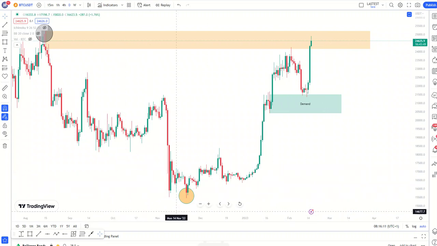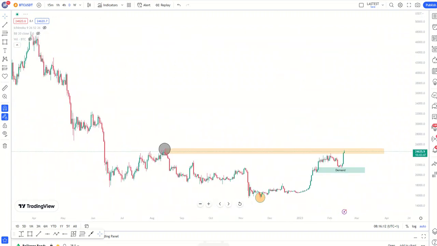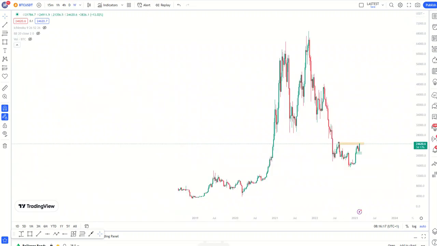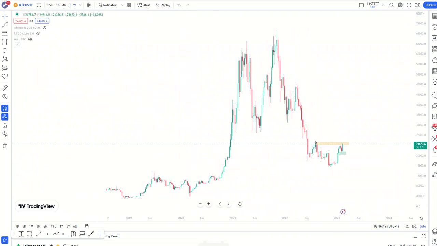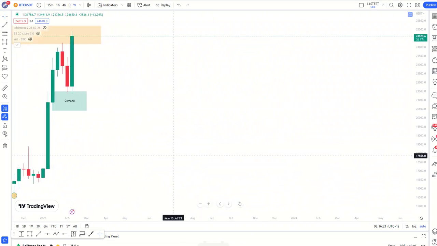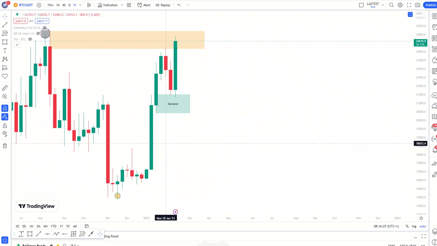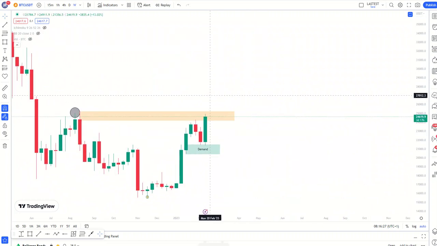So this is the Bitcoin chart. Let's start with the weekly chart. If you look at the weekly, this is the weekly chart. Let's just move to the current part. That's what we are concerned about, the current area of the chart. And if you look at it on the weekly chart,